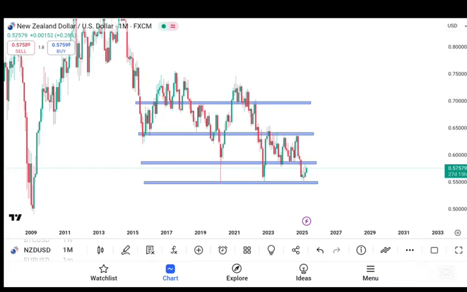The NZD is really lining up, and I really love it because I want all my students, I want all my subscribers to also enjoy the money that is being lined up on the chart. NZD, in a nutshell,